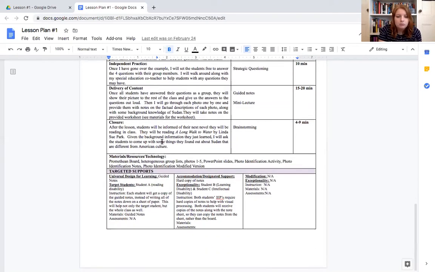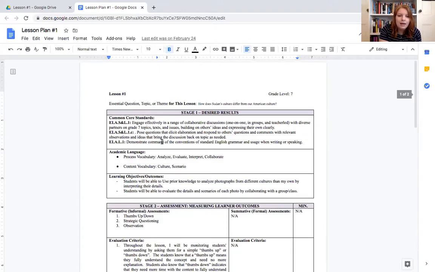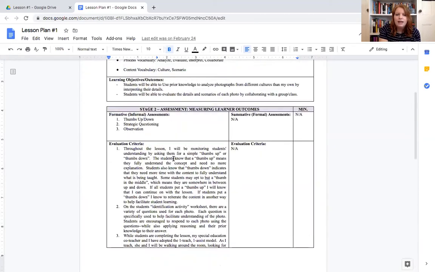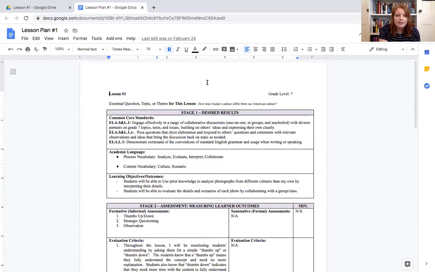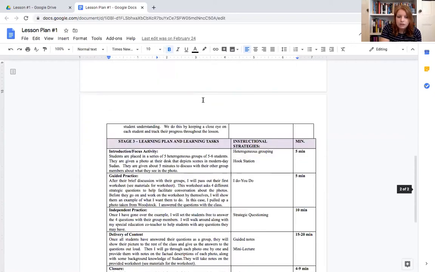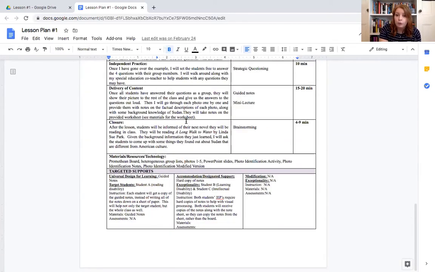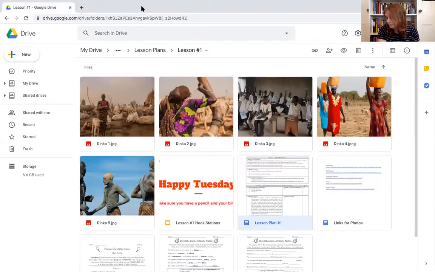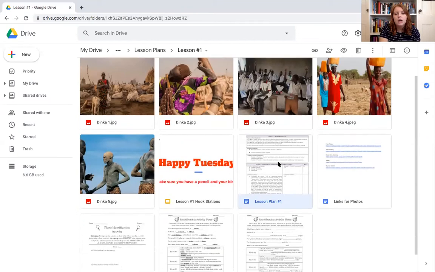So this is what a typical lesson would look like for the edTPA. They do have a page limit for lessons. I believe it's 4 pages for each lesson. I try to keep mine at 2 pages just because I didn't want to be super redundant and super repetitive, so I tried to keep mine to a minimum. But depending on what you're teaching, you might have a longer lesson plan or even a shorter lesson plan than I did. So yeah. Also, you need to have your worksheets and instruction materials prepared for all of this,